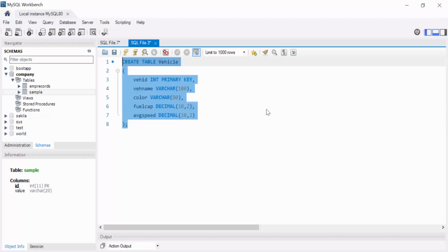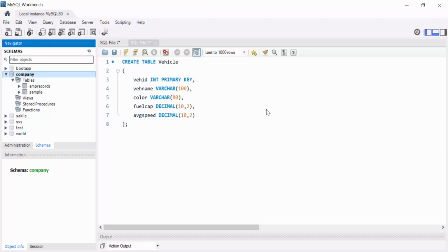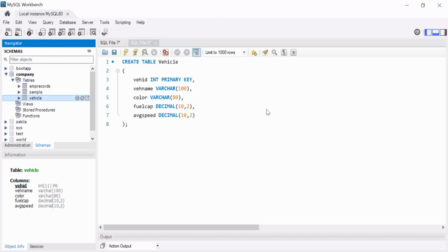Okay, now this is the table. Click run to execute the query. We refresh the schema to recheck whether the table was created or not.